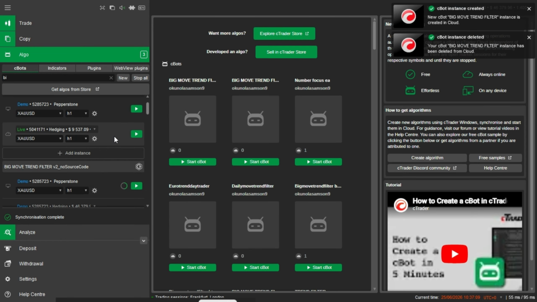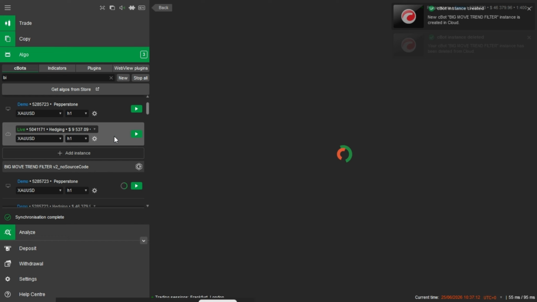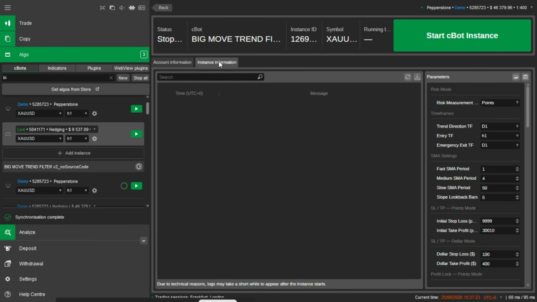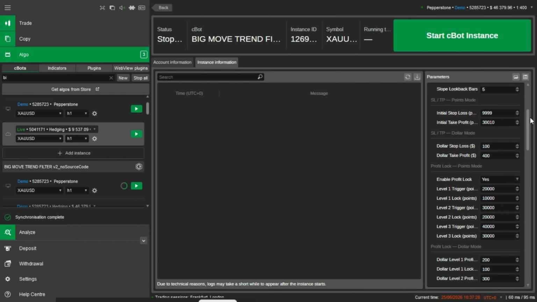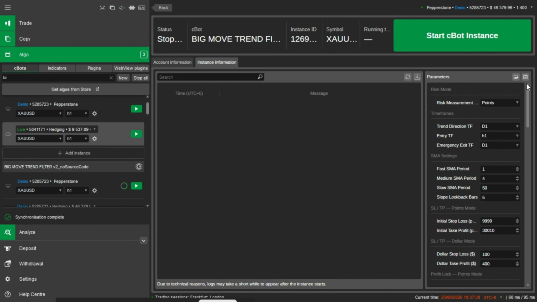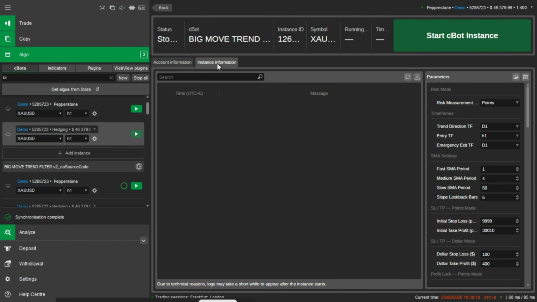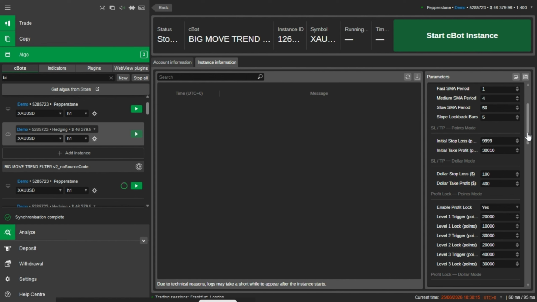The first thing you need to do, once you click on it like this, you can see, right, you must select good and you must always be in 1 hour. So we just click on instant information. Yes, on this particular broker, because we are working with Pepperstone, and you already know that, Pepperstone. So once you click on information like this, before you run the bot, the only thing you need to change is for you to